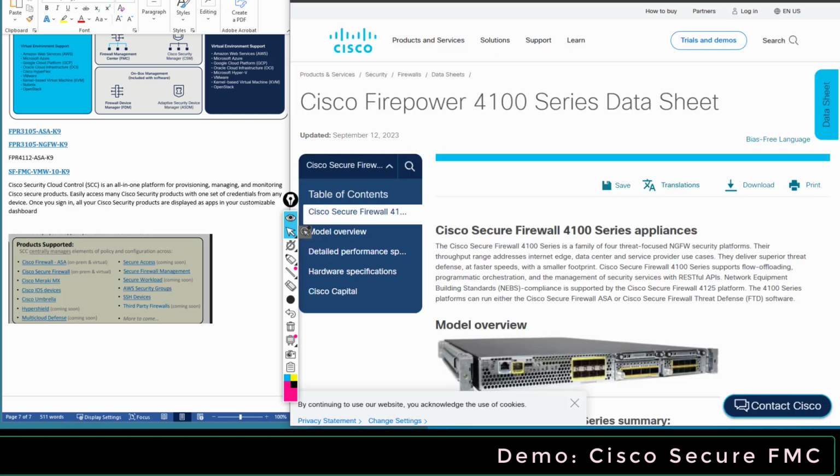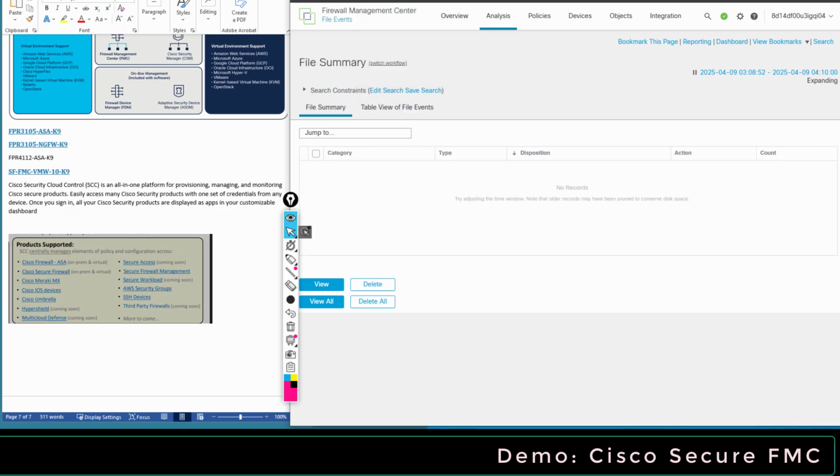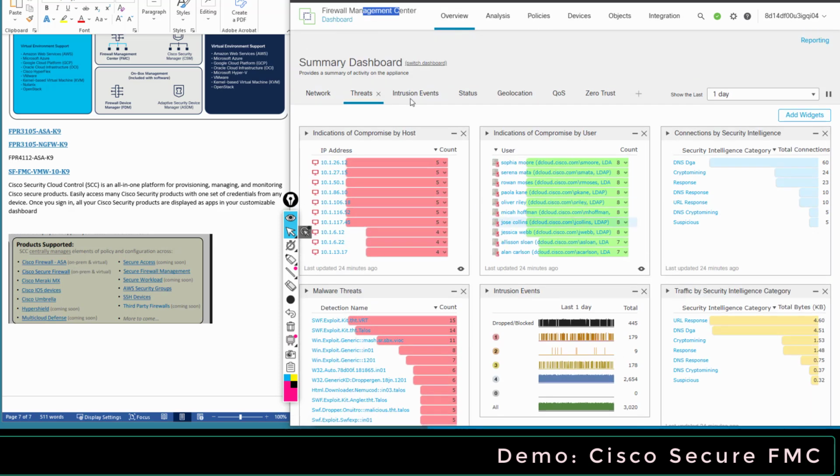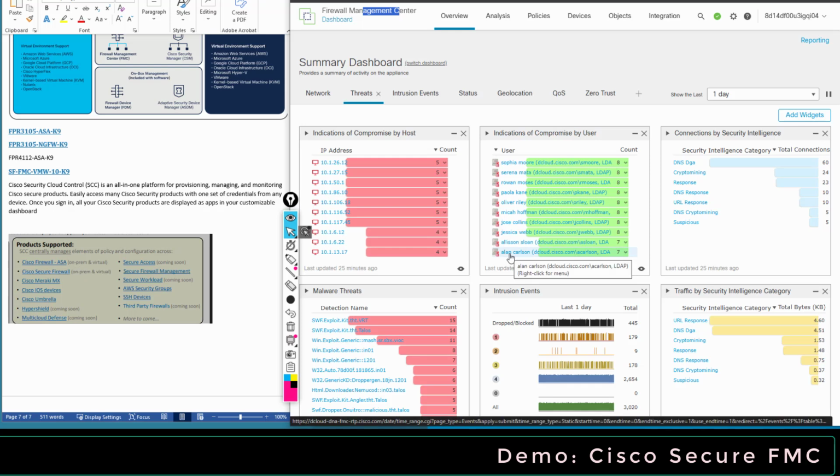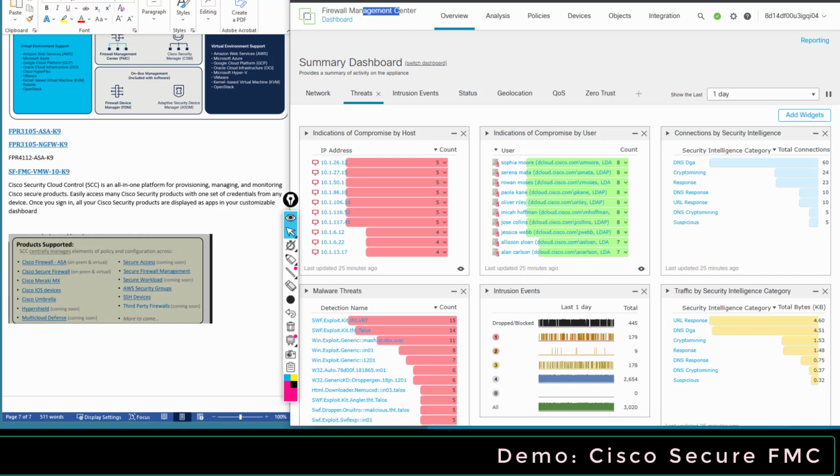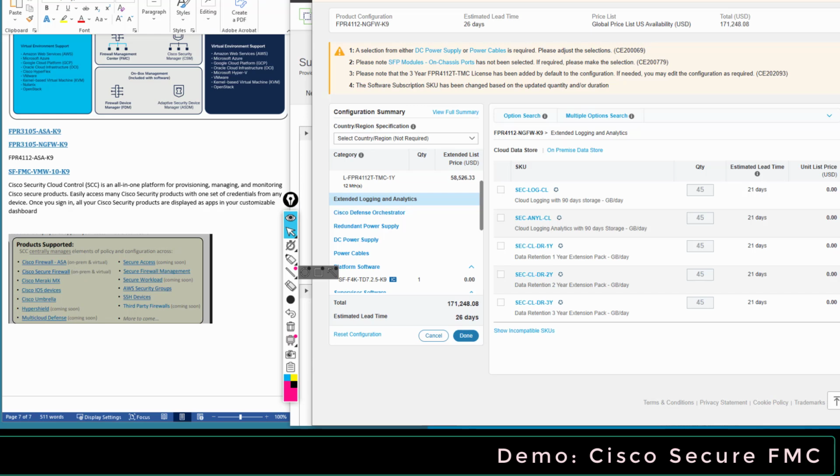So this portal was here. I think I created this is the portal for the FMC, and that's the portal for the CDO, which is now renamed to the SCC, Security Cloud Control. Okay. Going back to where we were. So if you want this firewall to be managed by the CDO,